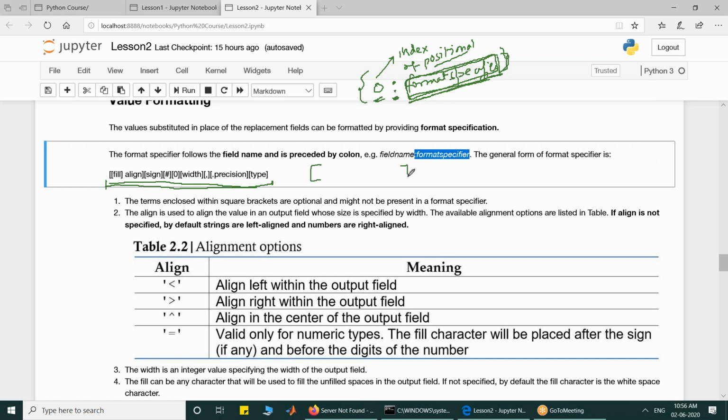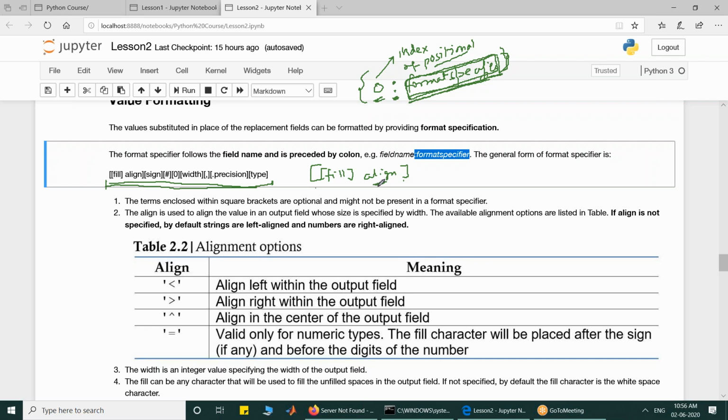This is within the brackets align, and within the brackets fill. So whatever is written within square brackets is optional. That means when you are writing a format specifier, it is optional that you can write alignment.